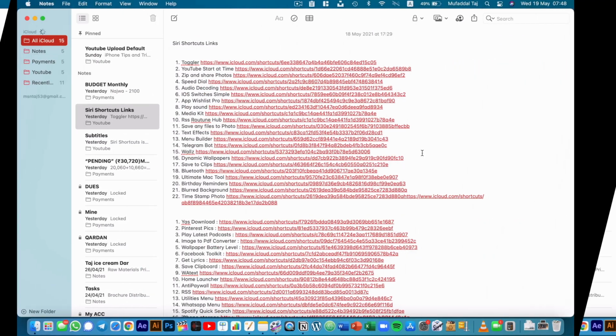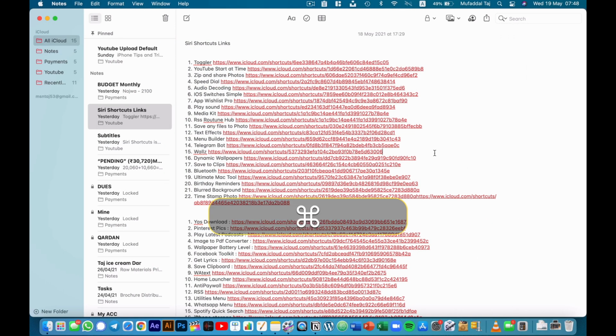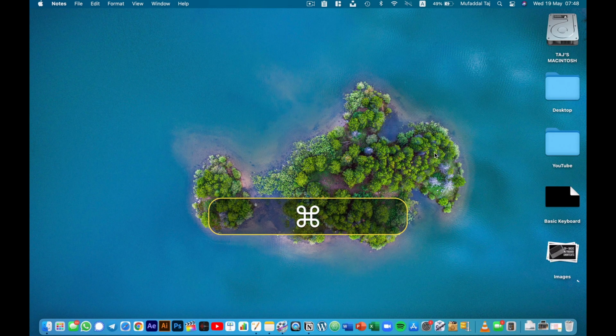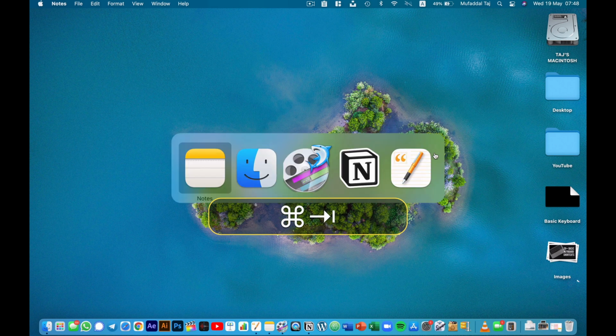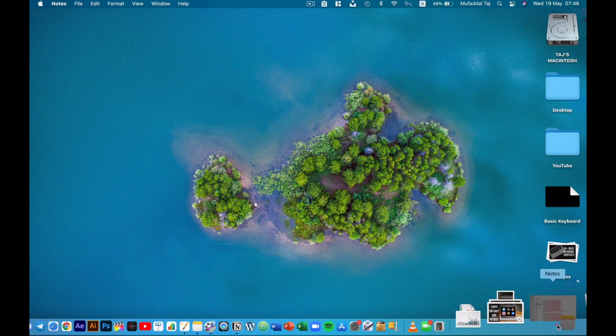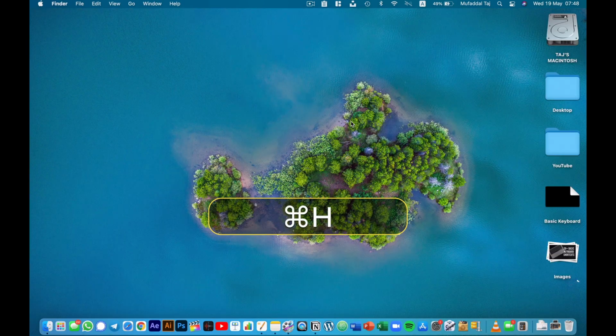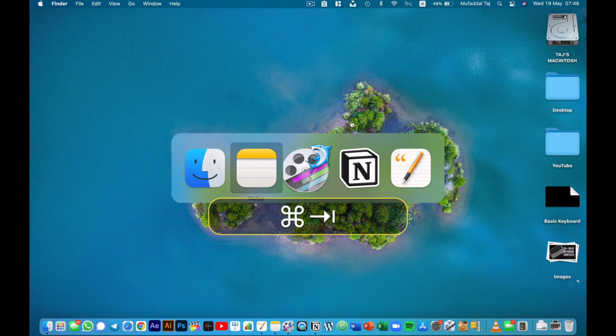Now, if you don't want to close nor quit the app but still like to hide it, well, you can minimize it using Command plus M and it will minimize to the right corner of your dock. The problem here is you can't possibly maximize the app back again using keyboard shortcuts. Even if you try getting it back from the app switcher, it won't work. So instead use Command plus H to hide the app, and now it can be simply called back from the app switcher.